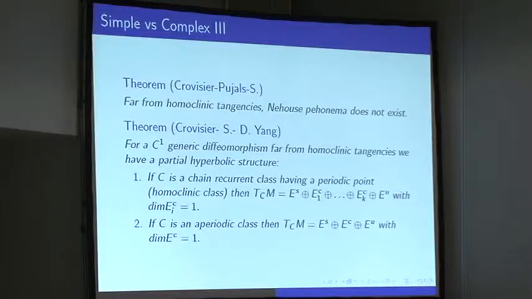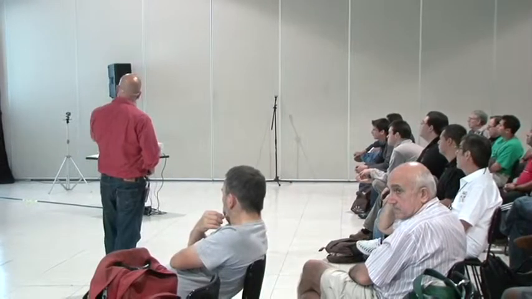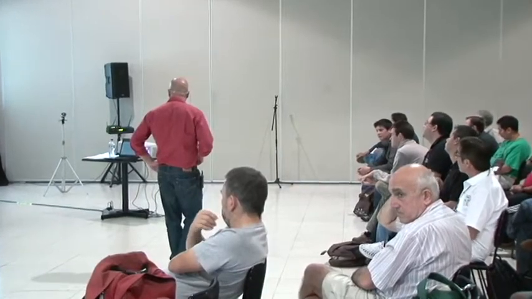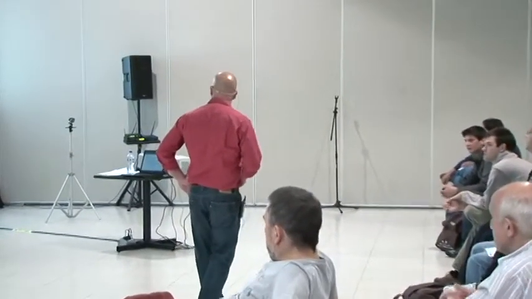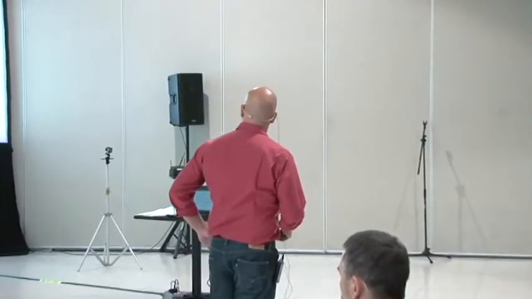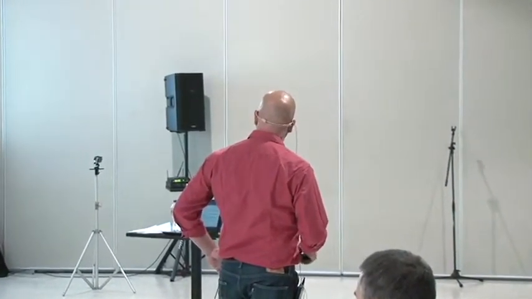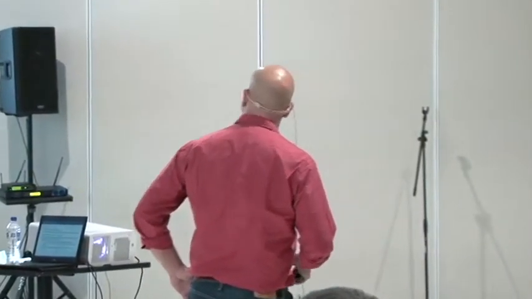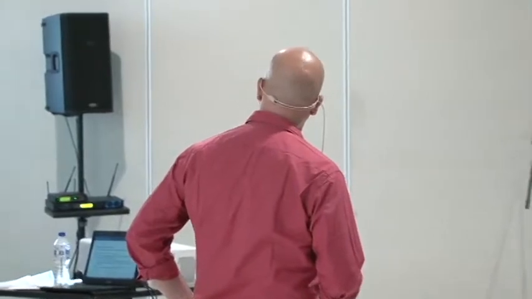You may have persistently a periodic class? Well, it can happen, I don't know. We don't know. What is important when we have this structure is that this structure persists under perturbation. Any diffeomorphism nearby will have the same kind of structure, and this might help to understand the dynamics. So this is some contribution, but still we are far from saying that far from homoclinic tangencies, we are